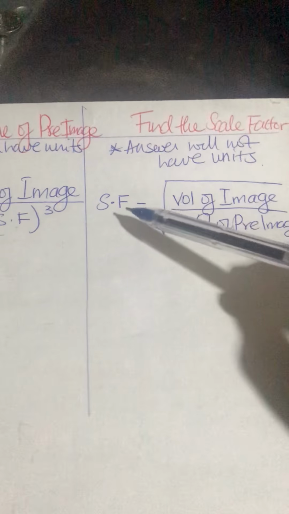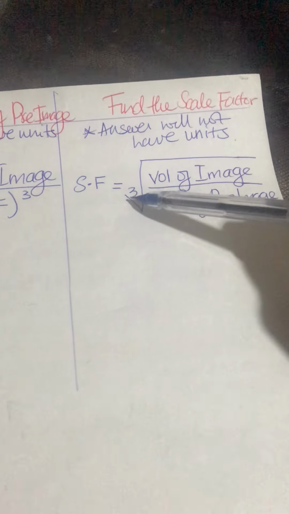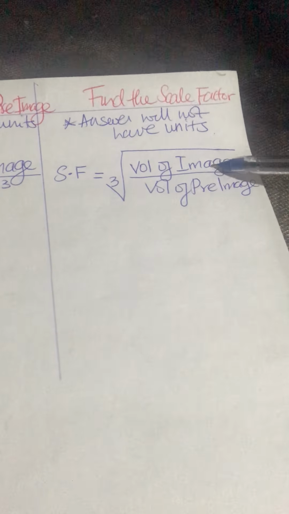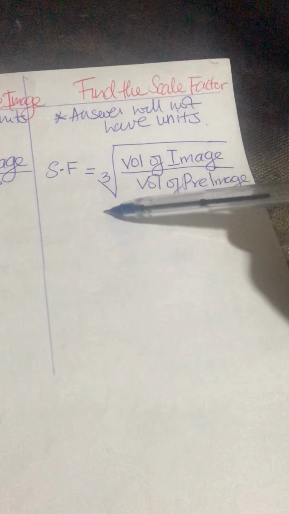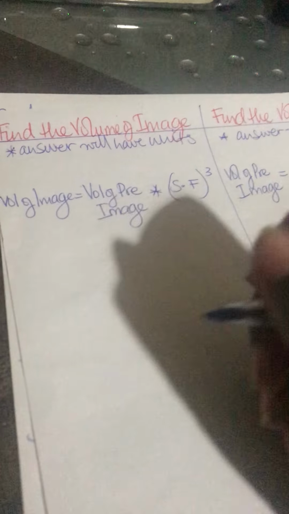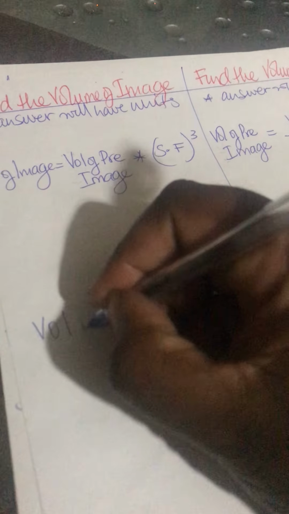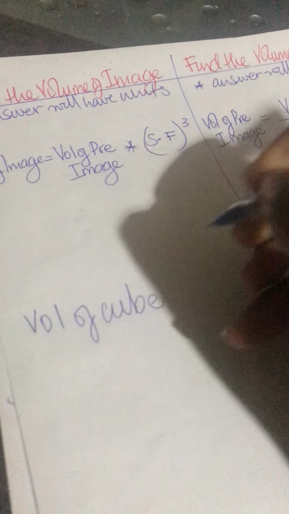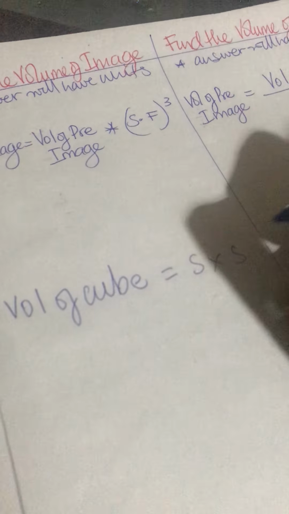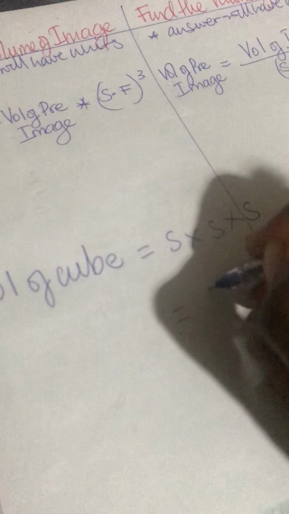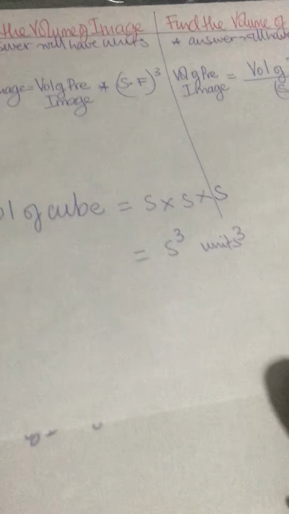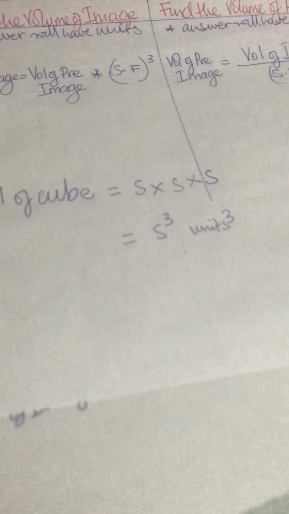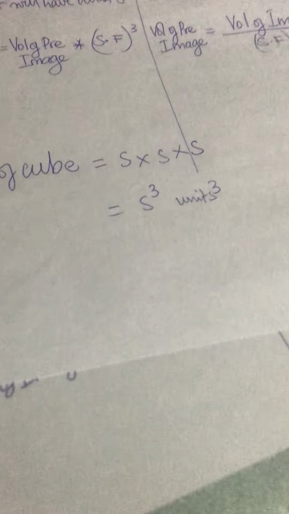Okay? If they ask you for the scale factor, you are going to find the cube root. Okay? So first you will divide the volume of the image by the volume of the pre-image. Then you will cube root that answer. Alright. So how do we find volume? You should know how to find volume of cube. Volume of cube is found by side times side times side, which means side to the third power and then your units cubed. Okay? That is how you find the volume